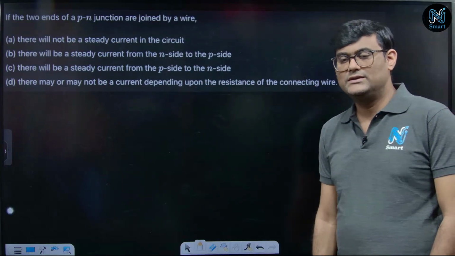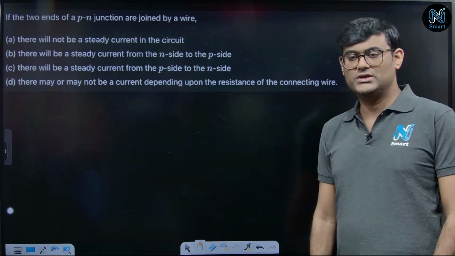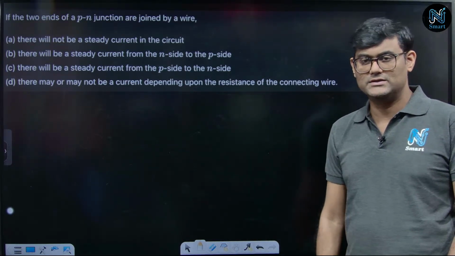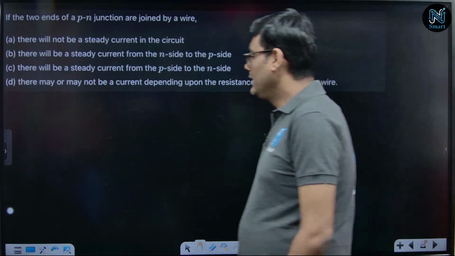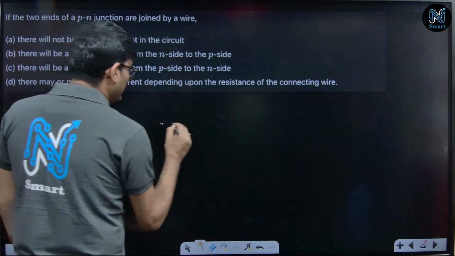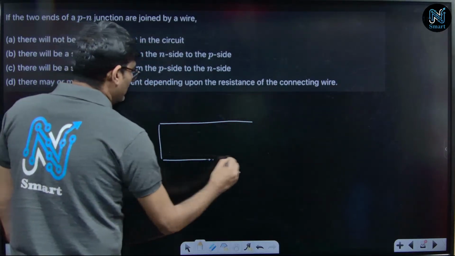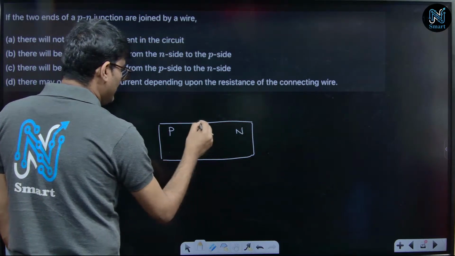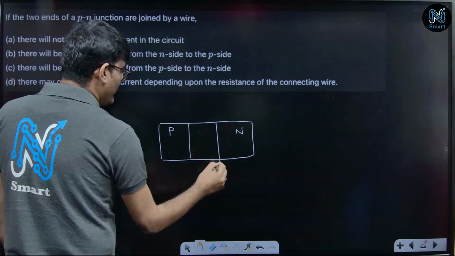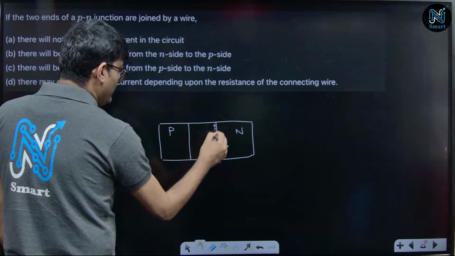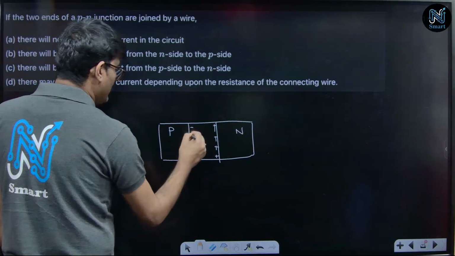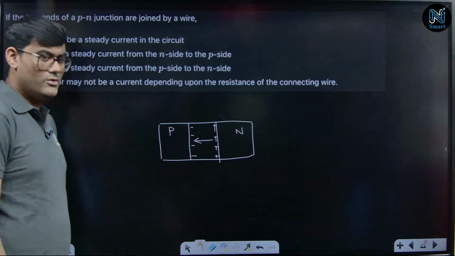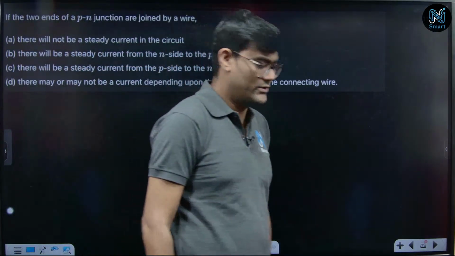এই কোয়েশ্চেনের আনসার দিতে গেলে তোমাদের পিএন জাংশনের সম্বন্ধে একটা ক্লিয়ার পিকচার থাকা দরকার, যেটা আমরা অলরেডি আগের দিন ডিসকাস করেছি, রাইট? আমি আরেকবার পিএন জাংশনটাকে ড্র করছি। এটা যদি পি সাইড আর এটা যদি এন সাইড হয় তাহলে আমরা জানি যে এদের ভেতরে একটা ডিপ্লিশন লেয়ার তৈরি হয় এবং এই ডিপ্লিশন লেয়ারের ভেতরে একটা ইলেকট্রিক ফিল্ড তৈরি হয়, যে ইলেকট্রিক ফিল্ডটা এন সাইড থেকে পি সাইডে আসে। এইরকম একটা পিএন জাংশন আমরা সবসময় তৈরি করতে পারি।